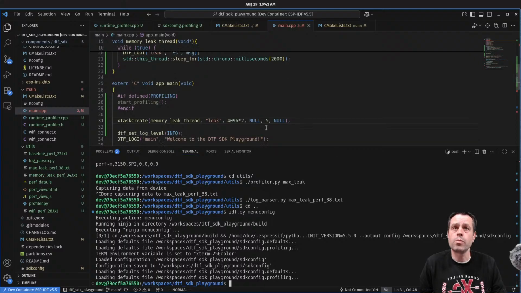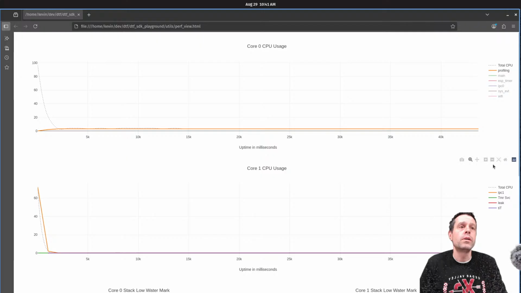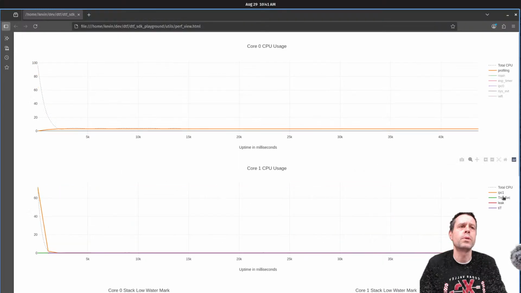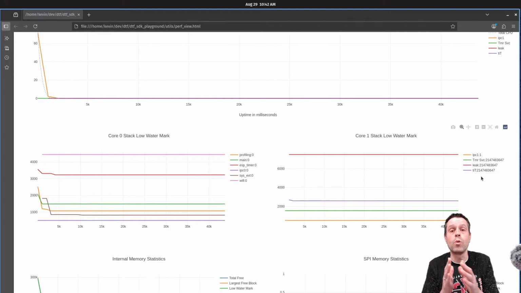So we'll do that. What else do we want to do? Oh, let's look at this. You'll notice IPC1 has a 1 next to it. Timer service has this weird number, and that's because it's not pinned to a specific core. You can see all of these are pinned to core 0. This large number, which is not displayed very beautifully, is telling you that these aren't pinned to a certain core. You can set, I can't remember what the name of the setting is, but you can choose core 0, 1, or you don't care, in which case FreeRTOS will decide where it wants